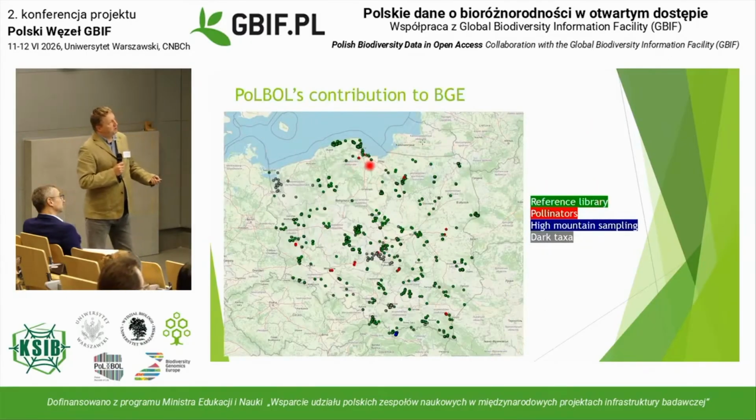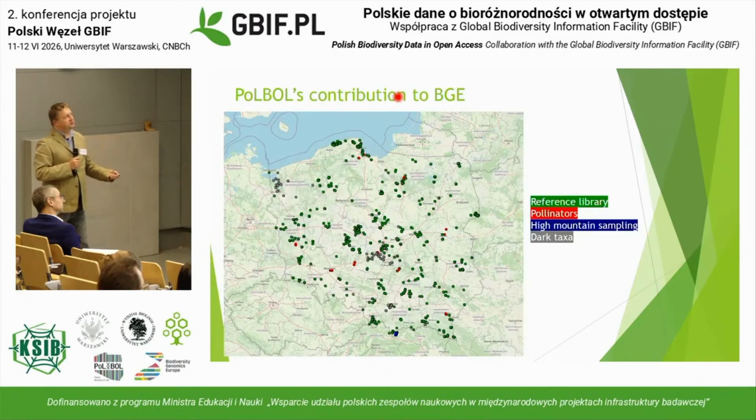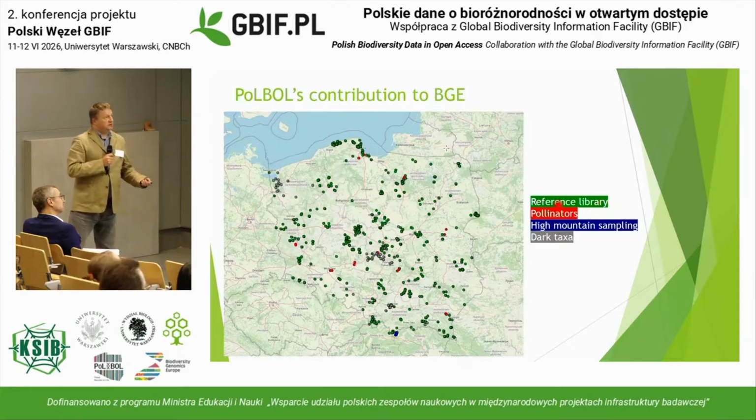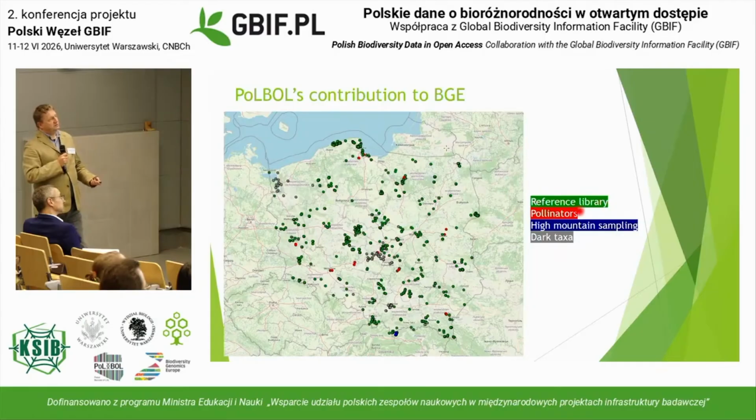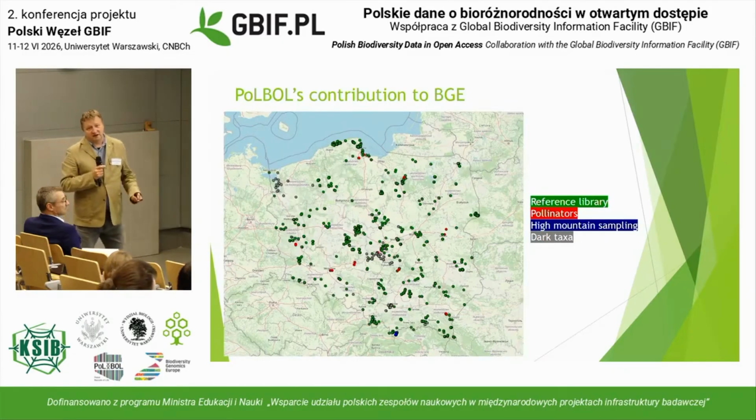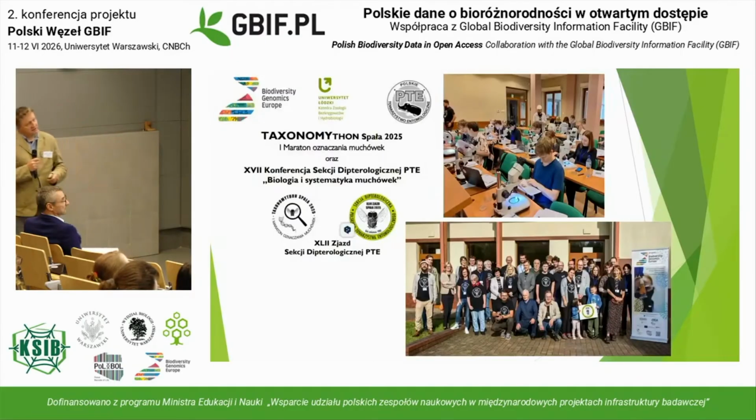If it comes to Poland, then this is the geographic distribution of the data that we provided to BGE. So both for reference libraries, but also the meta-barcoding of pollinators, the meta-barcoding of high mountain fauna from the Tatra mountains, and also the dark taxa. So those little small insects that nobody cares about and nobody knows what they are. These are the dark taxa. Not only insects, but generally all those species that are somehow escaping